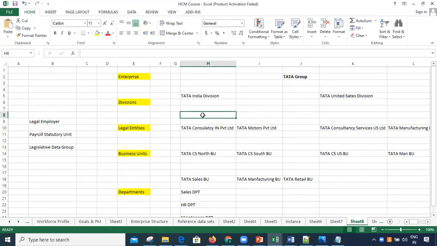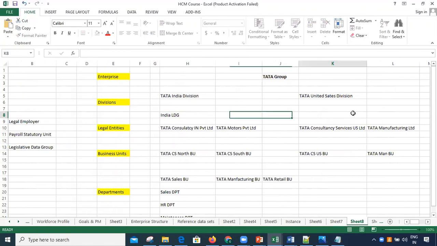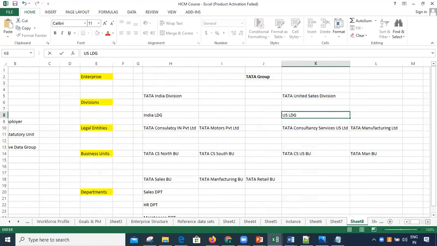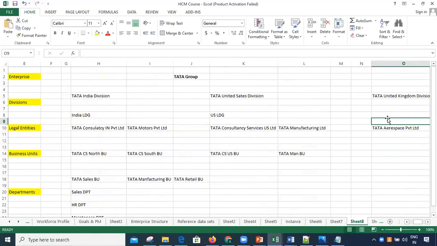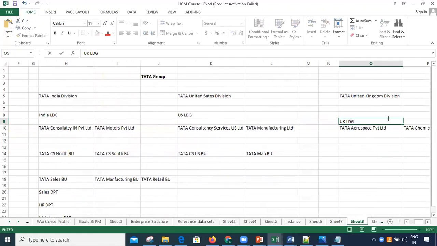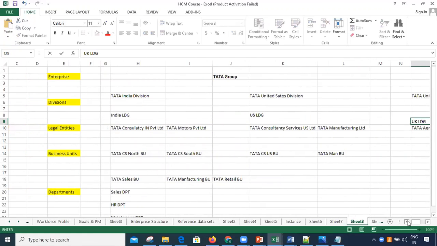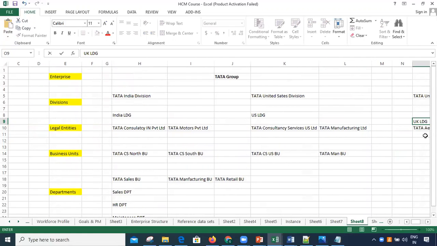For Indian companies, I will assign the India Legislative Data Group. For United States companies, I will assign the US Legislative Data Group, and for the UK, I will attach the UK LDG. These legislative data groups are predefined in the system.